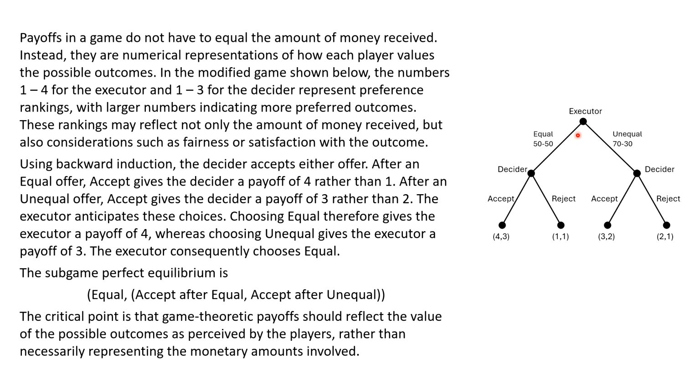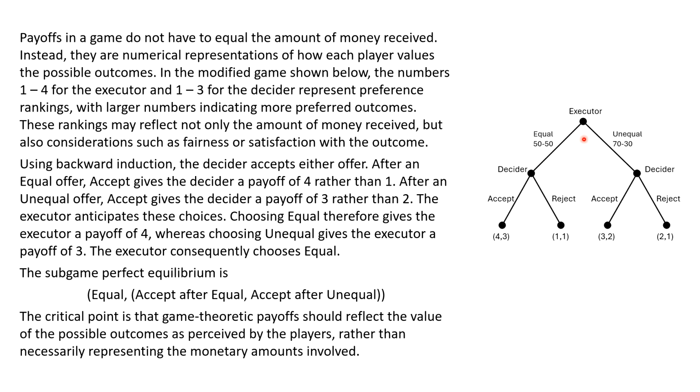Let's look at this. If we go down this way here, the decider would pick 3 over 1, so yes, that would be an accept. If we go down this branch here, it would be 2 as opposed to 1. So again, the decider would accept in both cases. So choosing equal therefore gives the executor a payoff of 4 because the executor knows the decider would go with accept. And choosing unequal, the executor would get a payoff of 3. So the executor would go with equal,